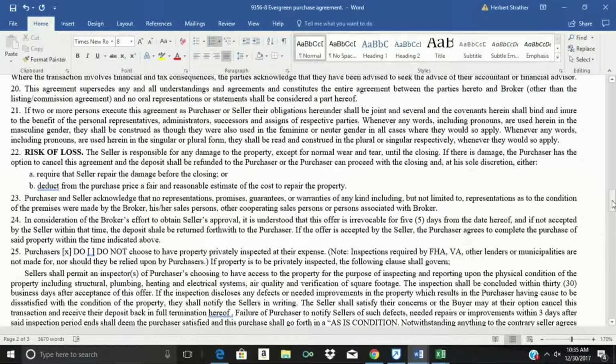Paragraph 25 is probably the most important paragraph. It states whether the purchaser does or does not choose to have the property inspected. If you choose to have the property inspected, which is necessary if you're going to do a little creative financing,